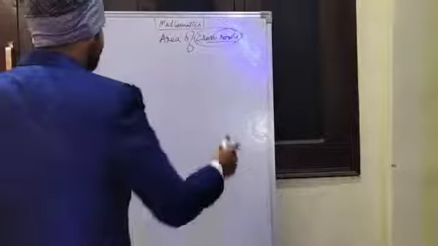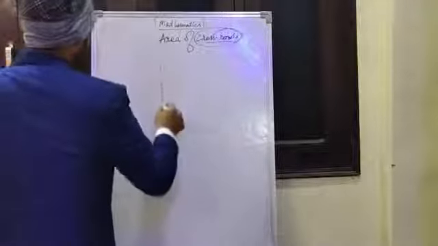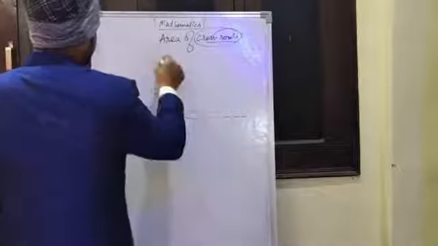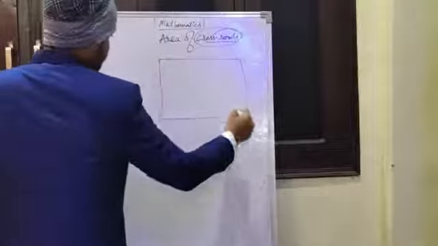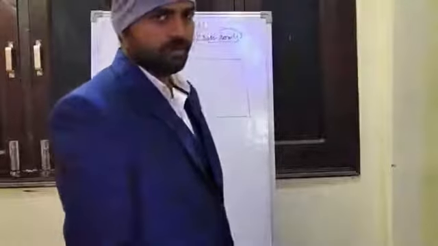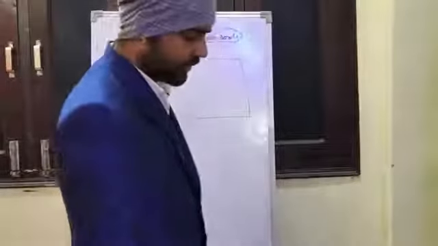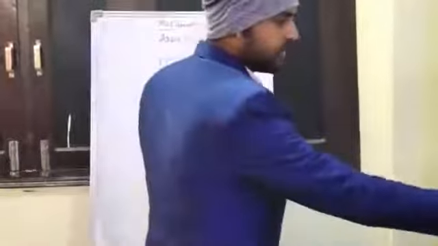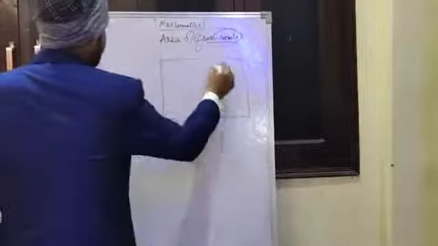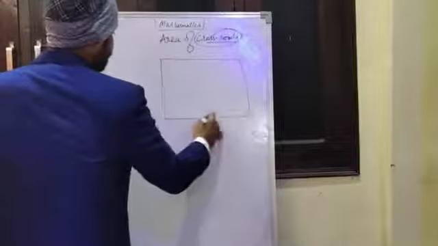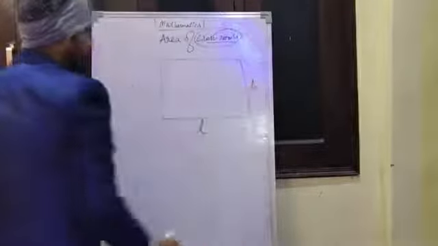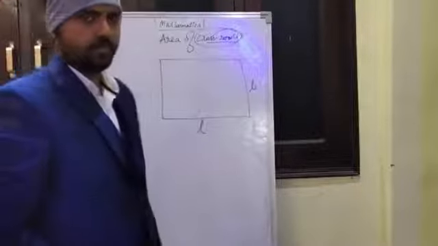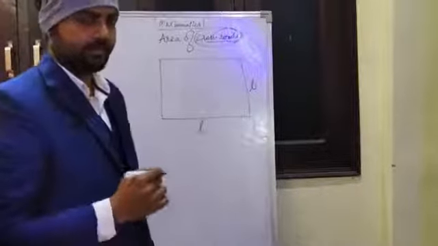So let's take a typical shape of the ground, or you can say park. I'll take it as a rectangle. You can take any shape, you can take a square also, but for a broader perspective, we are going to take it as a rectangle. Now the garden is being made for you, and the length of the garden is, let's say, L, and the breadth is, let's say, B. So this is the length and the breadth.